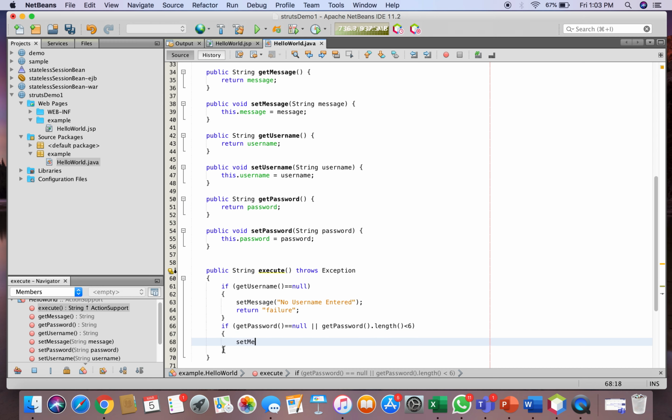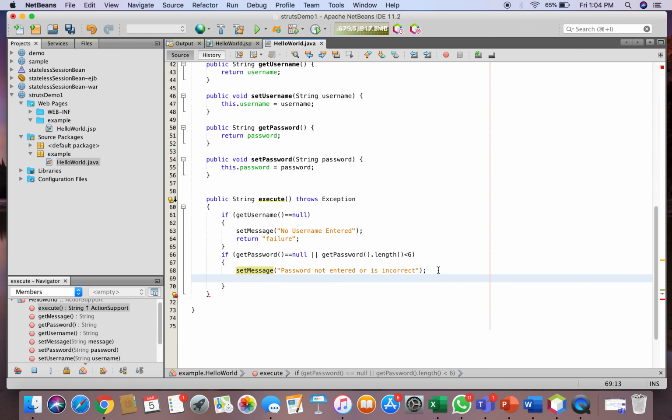So set the message as "Password entered is incorrect", and then we will return failure, because again it's not okay, the user should enter proper values.